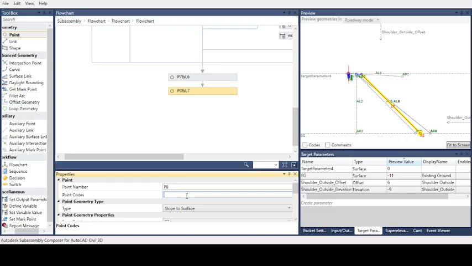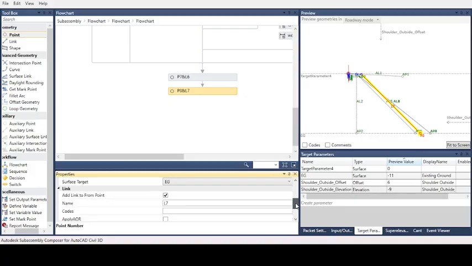Now this is the widening point. And the link is the cut slope.